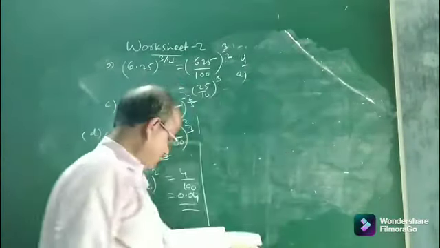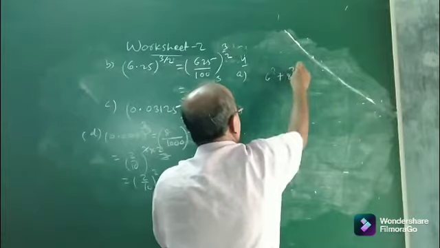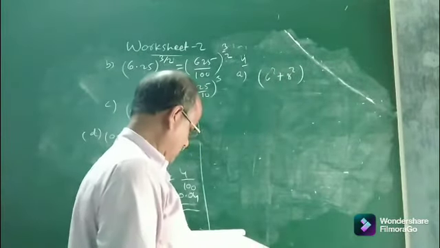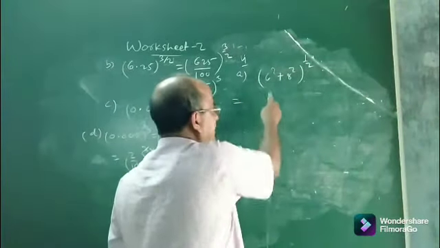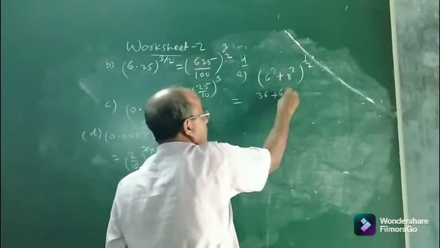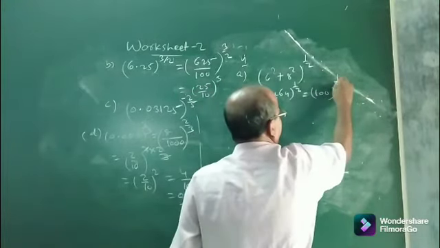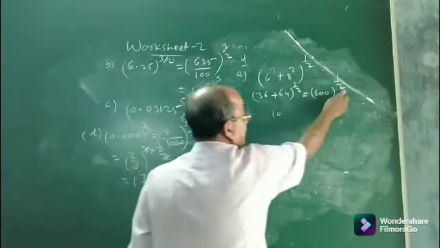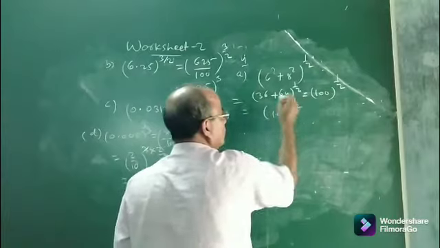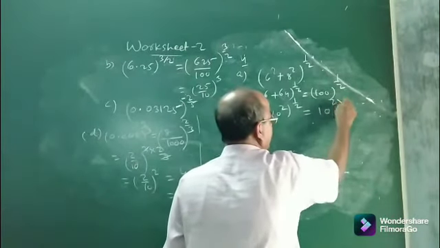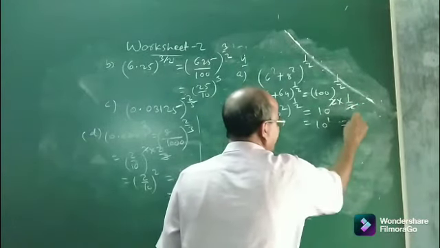See, what is the first question? 6 square plus 8 square whole to the power 1 by 2. How to find out? Very simple it is. First we have to do the work of the bracket. 6 square is 36, 8 square is 64, so this is your 100. 100 to the power 1 by 2. Now 100 means it is 10. You see the denominator is 2. So express 100 as 10 to the power 2. 10 to the power 2 whole to the power 1 by 2. So 10 to the power 2 into 1 by 2. 2 cancel. So it is 10 to the power 1. That is 10. The answer will be 10.